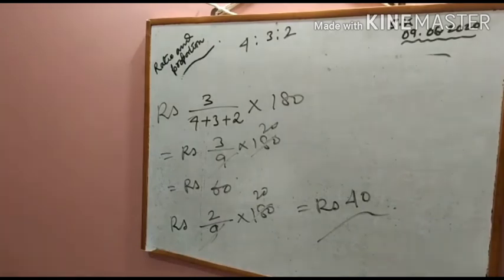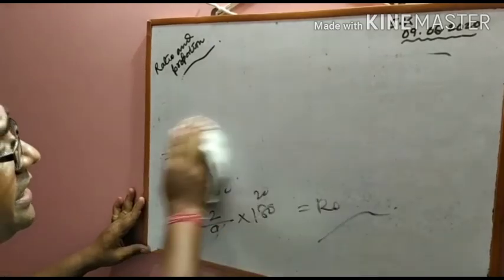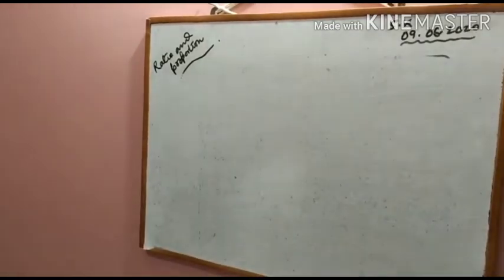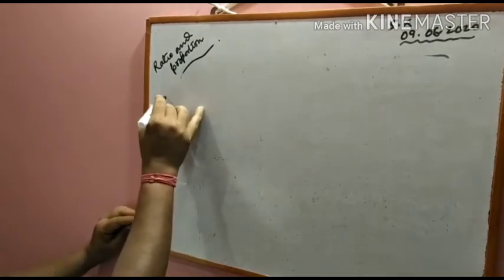Okay, now I am giving a second problem. Five grams of an alloy contains 3 whole 3 by 4 grams copper and the rest is nickel. Find the ratio by weight of nickel to copper. 5 gram alloy contains 3 whole 3 by 4 grams of copper. Okay, so total alloy is,